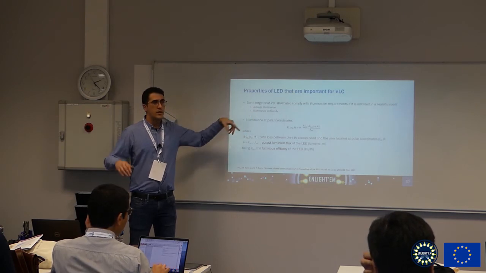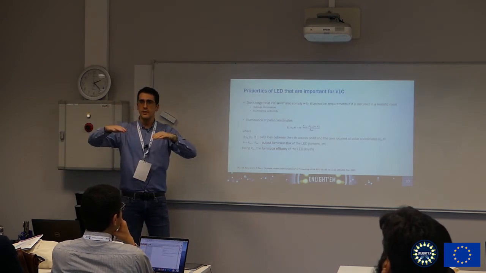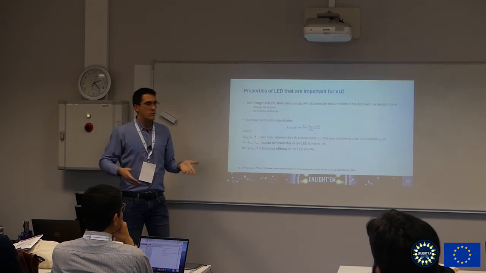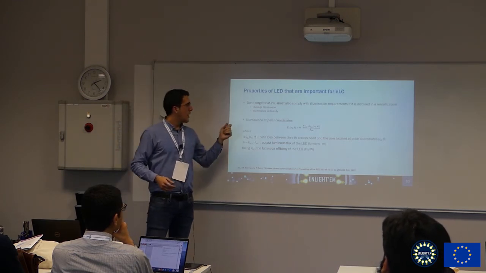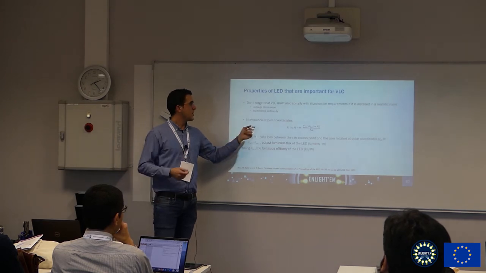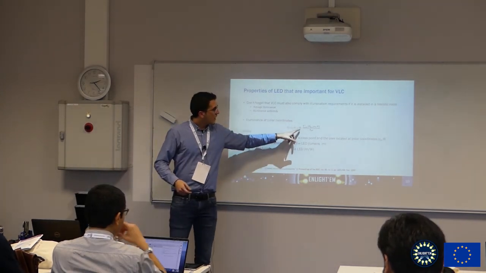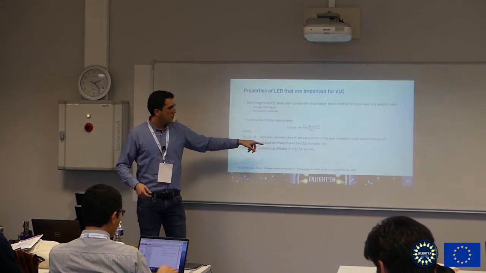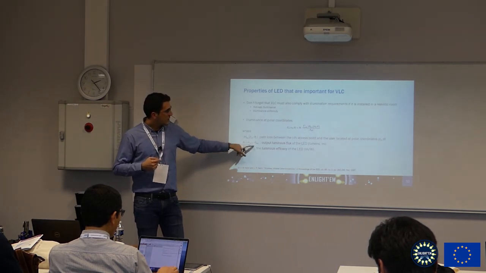The illuminance uniformity is because the human eye cannot or shouldn't detect differences in illuminance in the same area. Otherwise, it will be really bad. So in order to calculate the illuminance at one polar coordinate like this one, we have to multiply this variable here, which is the output luminous flux of the LED, measured in lumens, and it's computed with this equation here, where